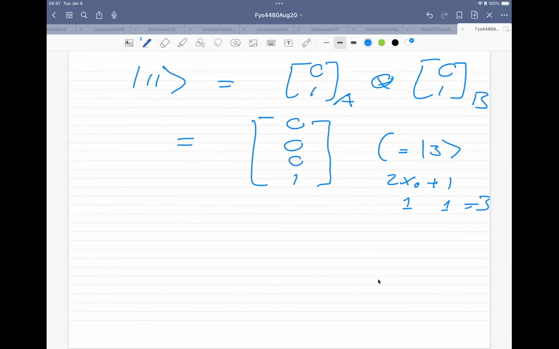Now, you can quickly see that if I take these states, they are orthonormal to each other. And it's not that difficult to prove that these four states form an orthonormal basis. So I can use that as a computational basis. And if you just try |0,0⟩ with |0,1⟩, it's pretty easy to see that this is going to be equal to